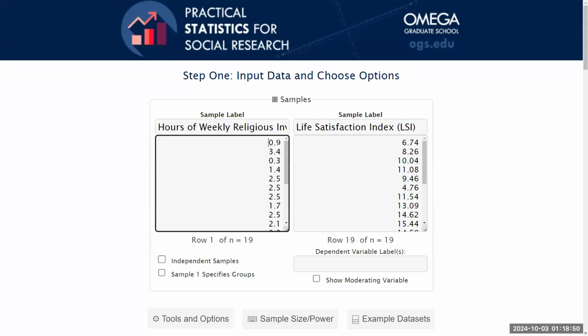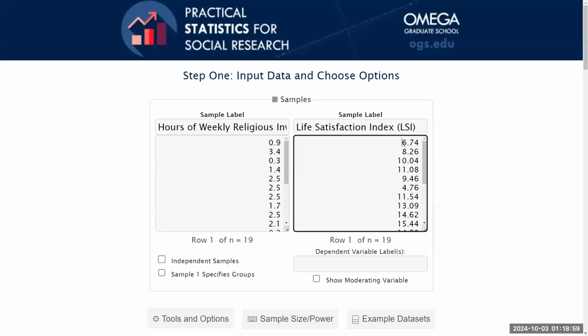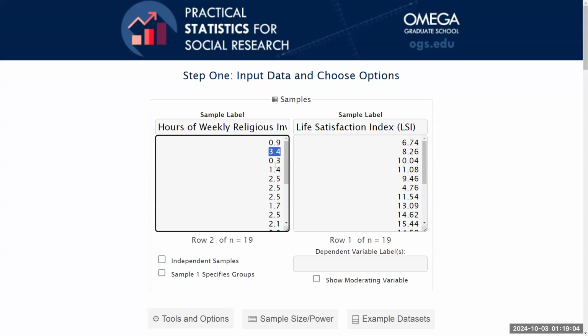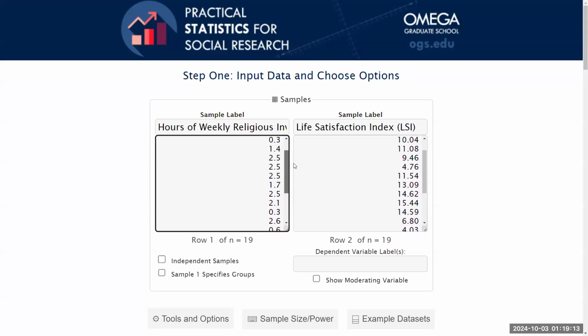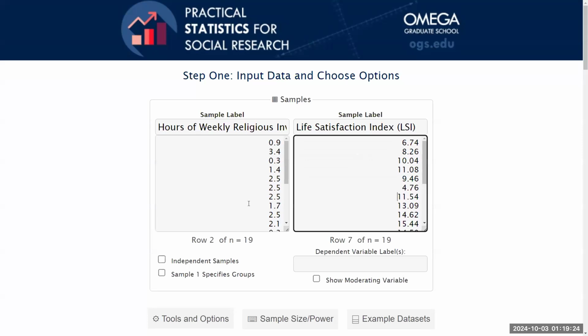Why? Because this is the first participant. This participant had 0.9 hours of religious involvement each week and a score of 6.74 on the survey instrument. This person had 3.4 hours of weekly religious involvement per week and a score of 8.26 on the instrument, and so on and so forth. So notice that these two scroll bars are in sync because each of these rows are attached to each other. Each of these rows represents a single participant. And what we want to know is, are these two continuous variables